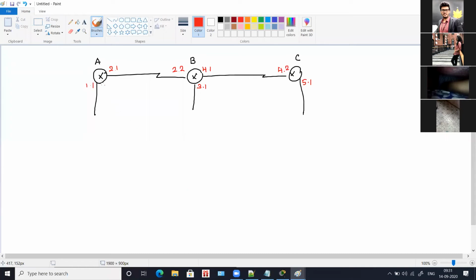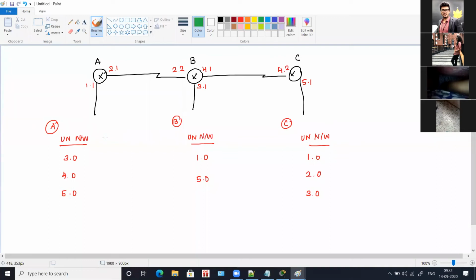Now for router A, the unknown networks are 3.0, 4.0 and 5.0. For router B, the unknown networks are 1.0 and 5.0. And for router C, the unknown networks are 1.0, 2.0 and 3.0. This we know, the unknown networks for each and every router.